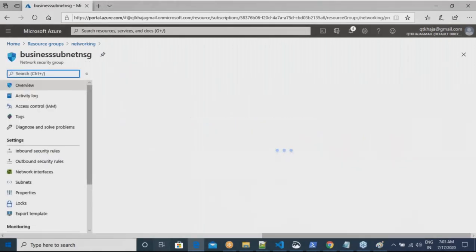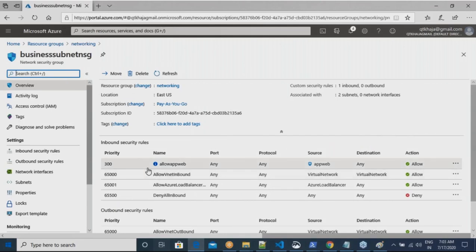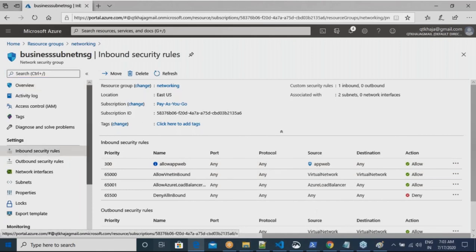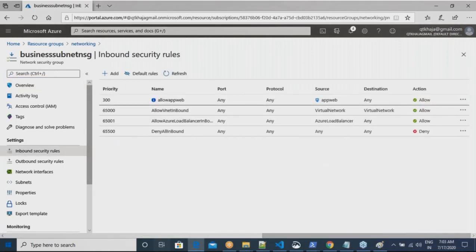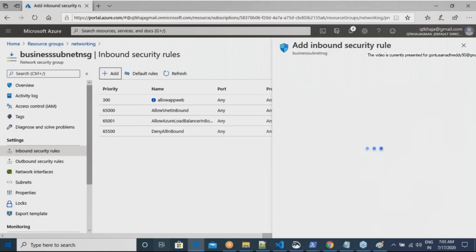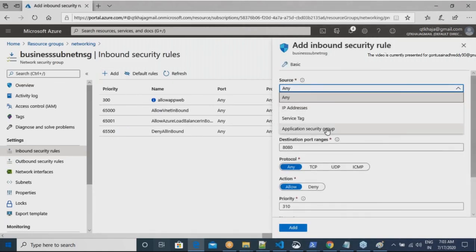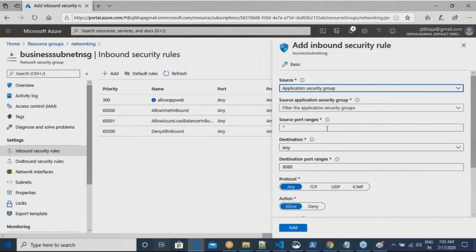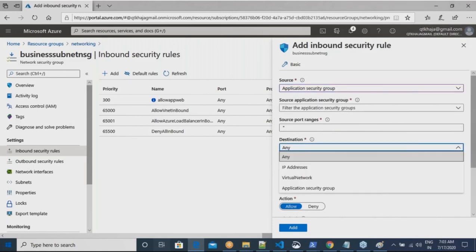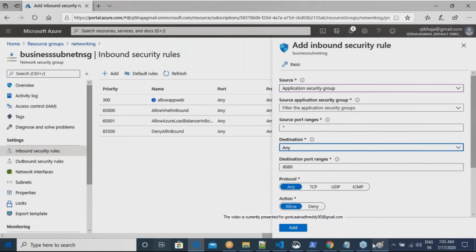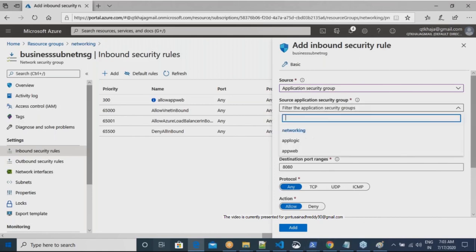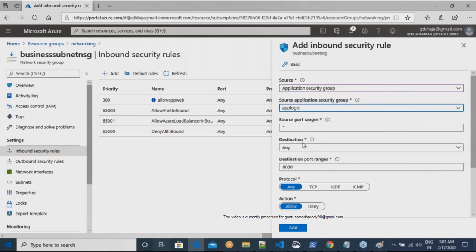In NSG, I can write rules with my source as application security group and destination also as application security group. But at this moment, I'm trying to select only one.